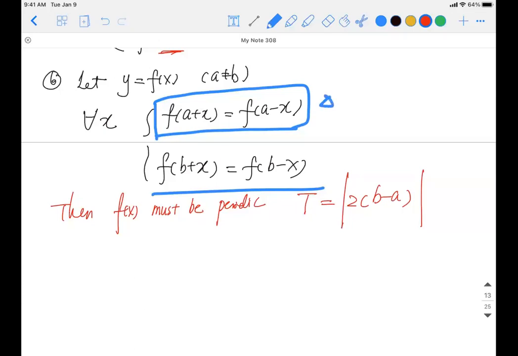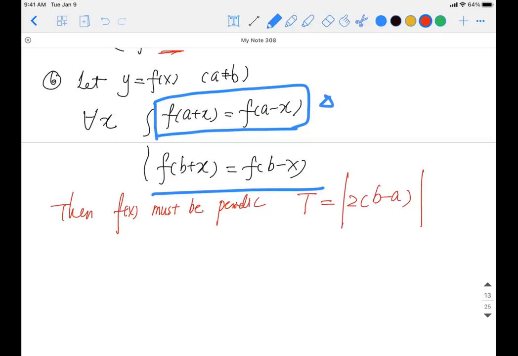From the graph's perspective, we like to make an analogy from physics, right? From the physics perspective, somebody says a is a period and b is a period. No, I don't think f(a plus x) equals f(a minus x) means a is a period. No. What else? Somebody says x is a period. x is a what? x is a variable, right? x is not. So let's ask Wayne to give us some ideas. I think Wayne has the correct answer.